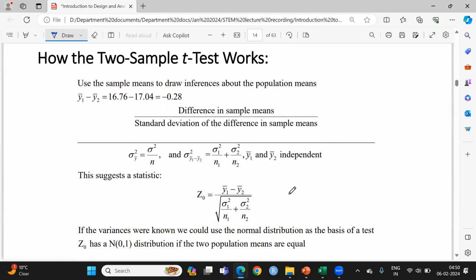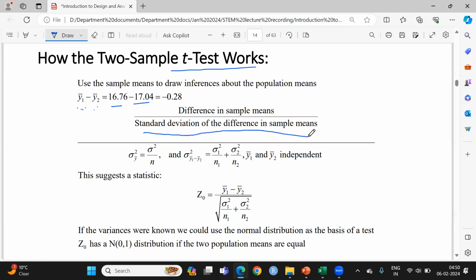And now, as already discussed with you, how this t-test works. So we have a general criteria. The general criteria is that we will take the difference of the mean of the two groups first. Okay, so you can see that the mean of the first group is 16.76 and the mean of the second group is 70.04. So we will take the difference first, and we will take the standard deviation of the difference